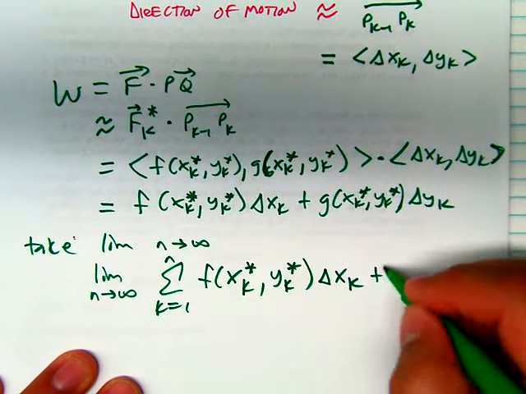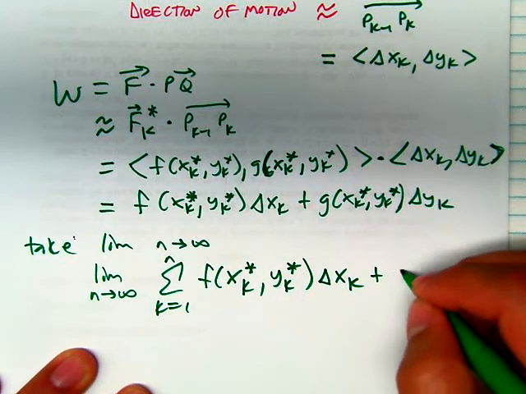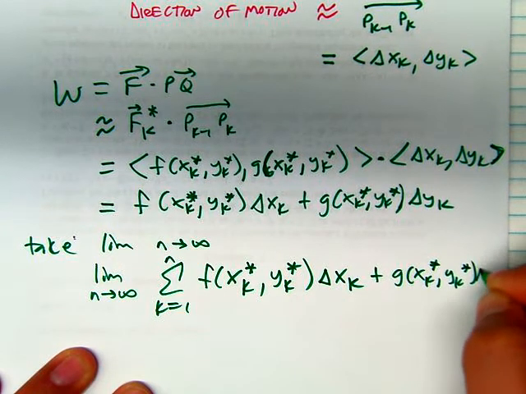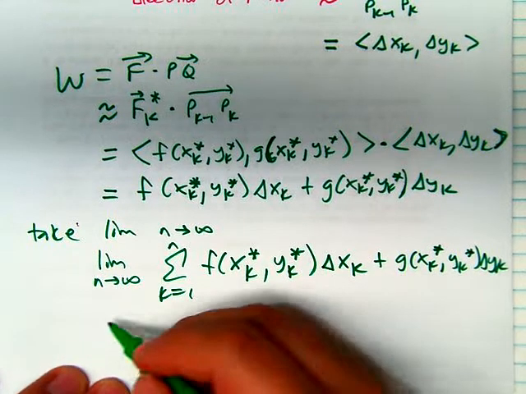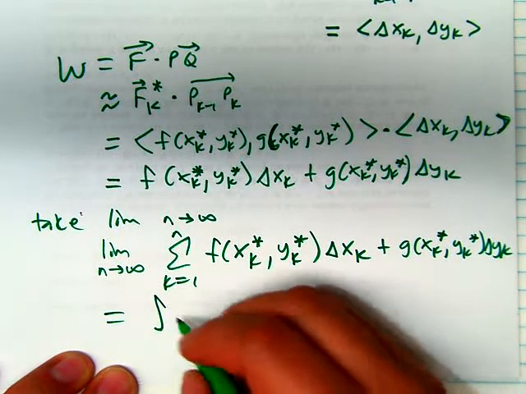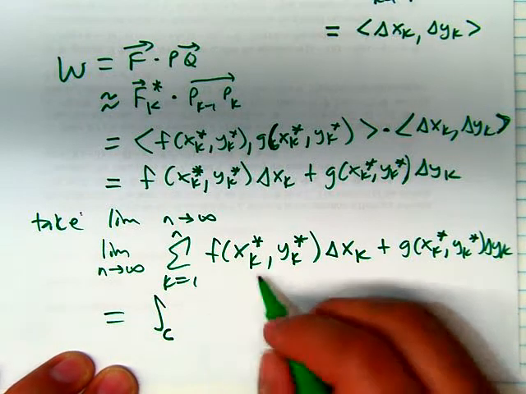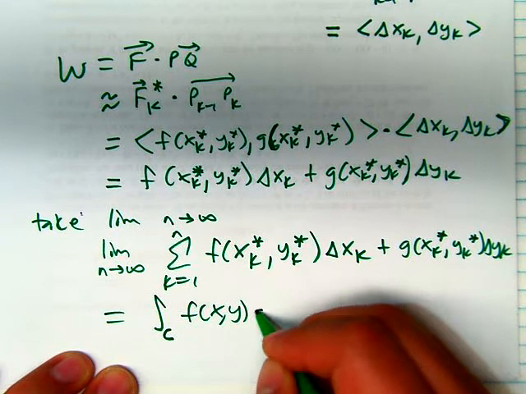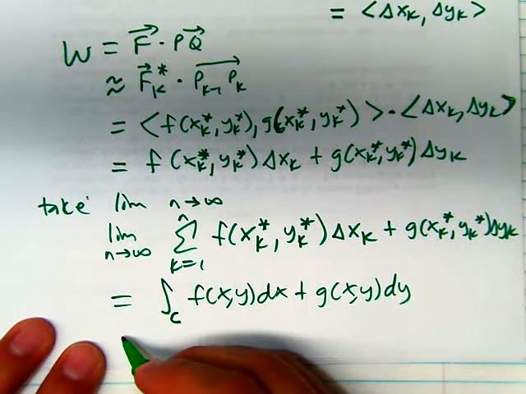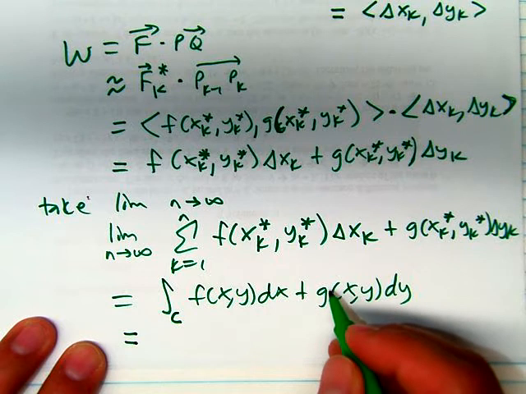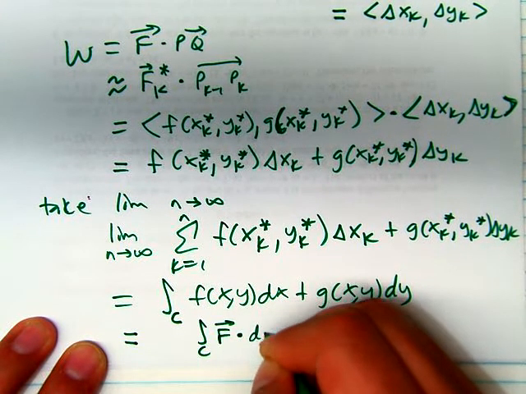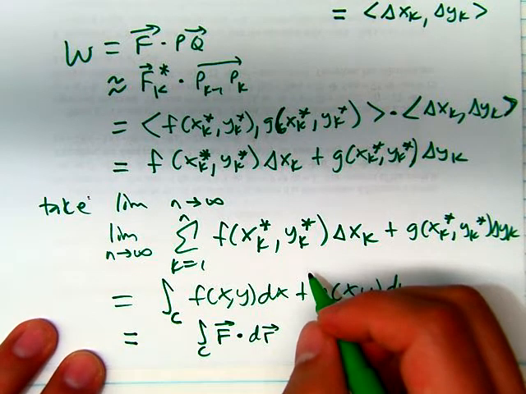We take the Riemann sum of this formula. And you guys know that once we do a Riemann sum, then this is going to become an integral. In particular, this will become the line integral of little f of x y dx plus a little g of x y dy, which, if you've forgotten, is one method or one definition for the line integral of f dot dr. Okay, so in other words,